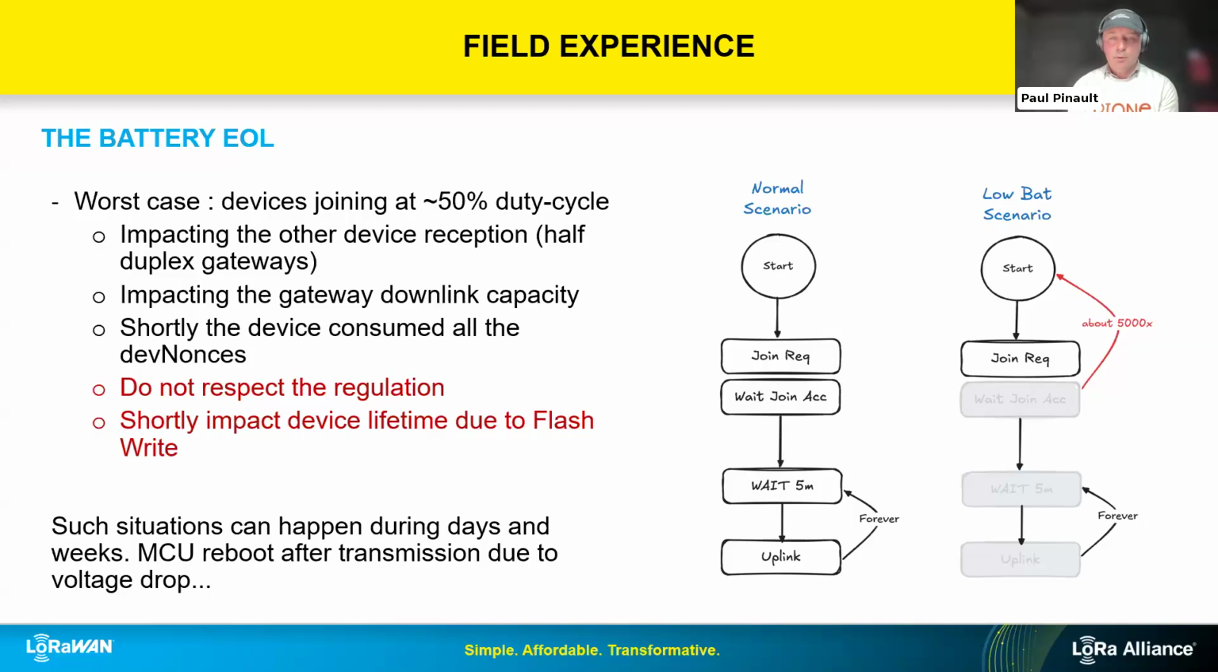That's okay when the battery is okay. But when the battery is low, the device starts, does a join request, immediately restarts because of the battery level, and does another join request, in a kind of infinite loop until the battery is totally done. Maybe you consider that it's going to happen like 10 times and the battery will be dead, but the reality is different. I've seen devices able to do that like 50,000 times before the battery died. So it means really spamming the radio space,